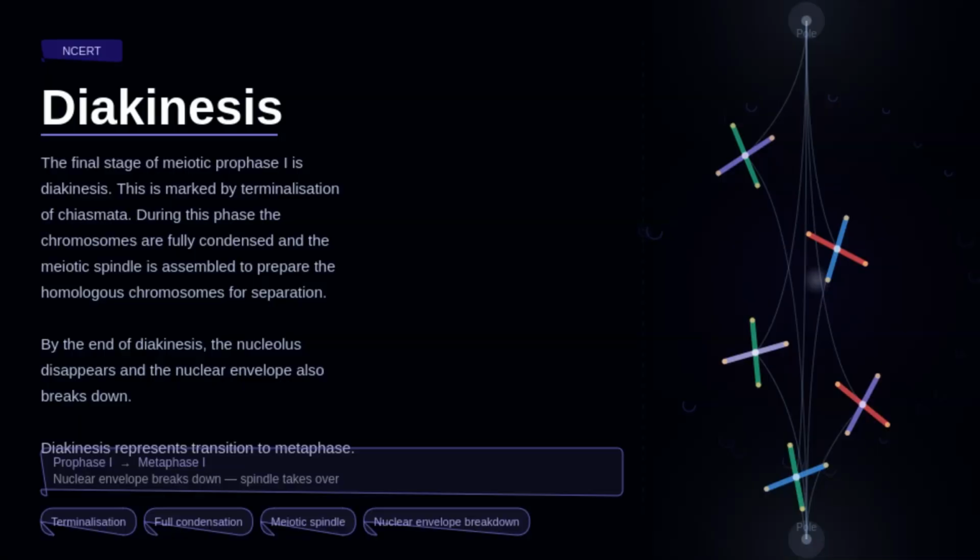NCERT states that the final stage of meiotic prophase 1 is diakinesis. This is marked by terminalization of chiasmata. During this phase, the chromosomes are fully condensed and the meiotic spindle is assembled to prepare the homologous chromosomes for separation. By the end of diakinesis, the nucleolus disappears and the nuclear envelope also breaks down. Diakinesis represents transition to metaphase,